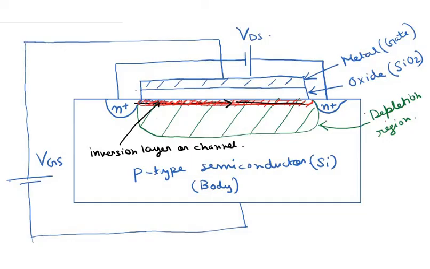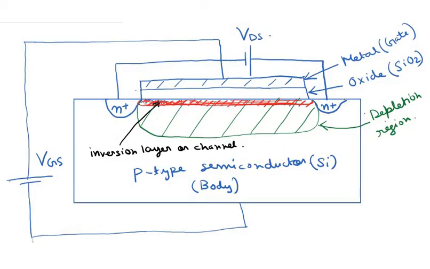These electrons would flow in this direction, and then again these electrons can easily enter this N plus region, and then they would be collected by this contact terminal over here. Okay, so now once this inversion layer is actually induced, these mobile electrons can easily flow between the two N plus contacts, this N plus contact and this N plus contact.